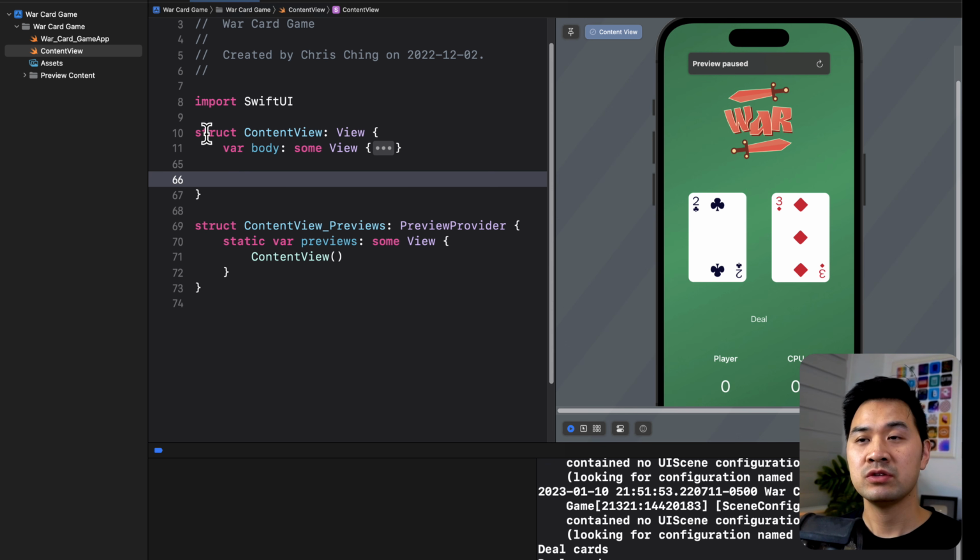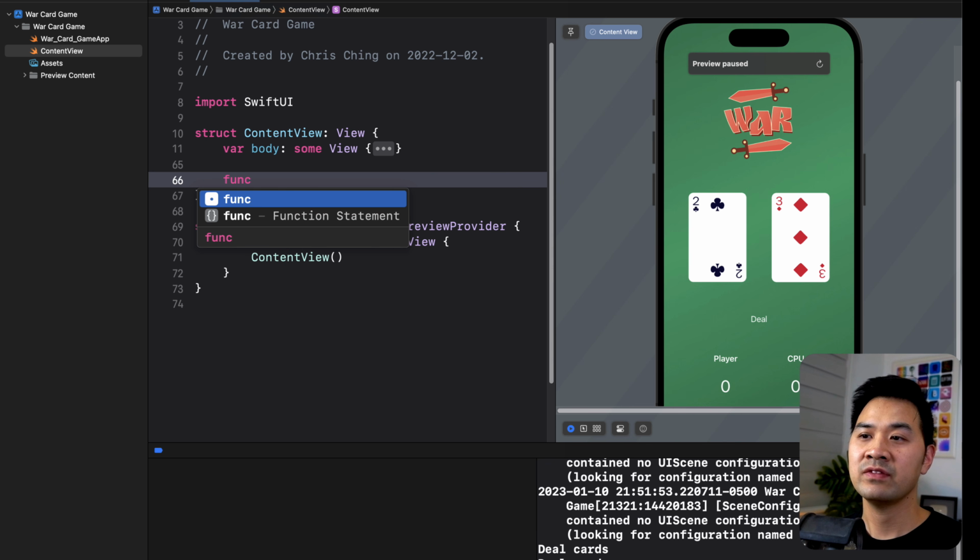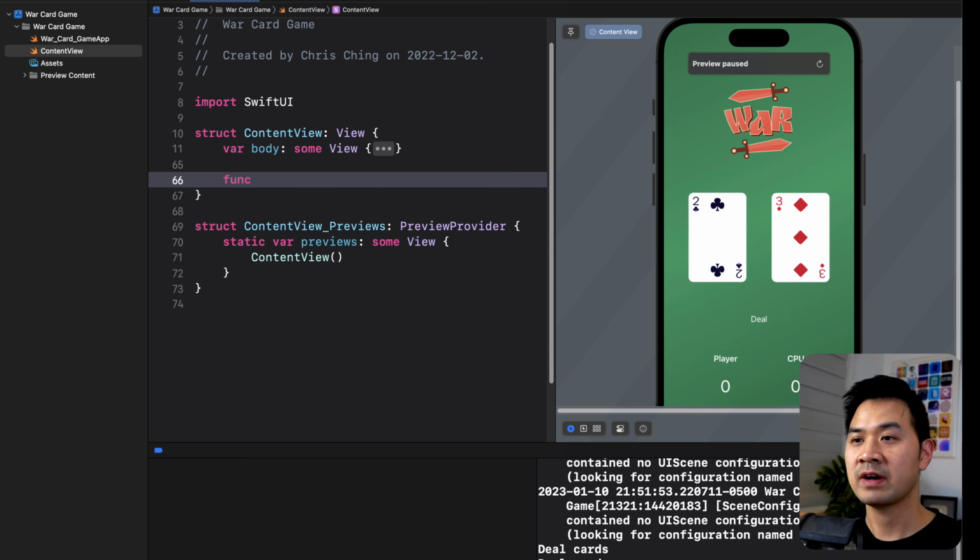Now, I'm going to explain to you in future lessons why we are putting this where it is, what is a struct, how do you know where to put your functions and things like that. But for now, I just want you to follow what I'm doing. So type in func to declare a new function. We're going to call this function deal. If you remember the syntax for it,